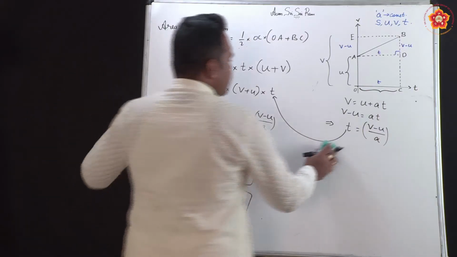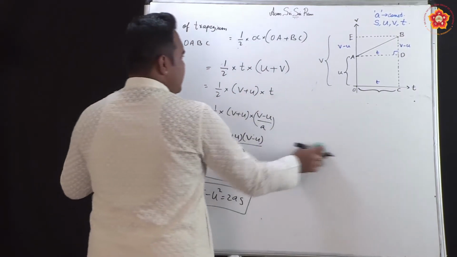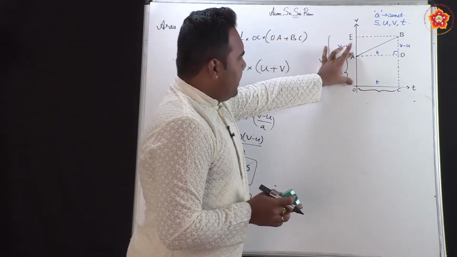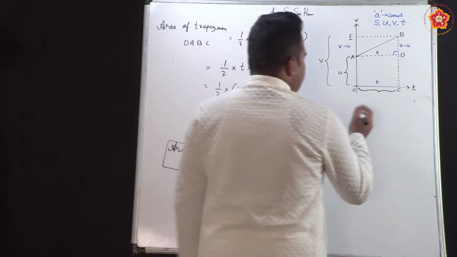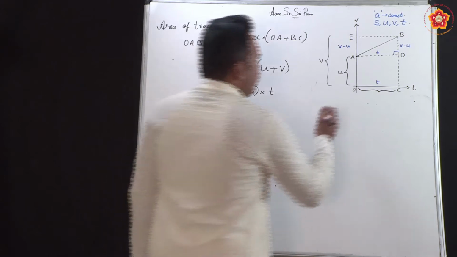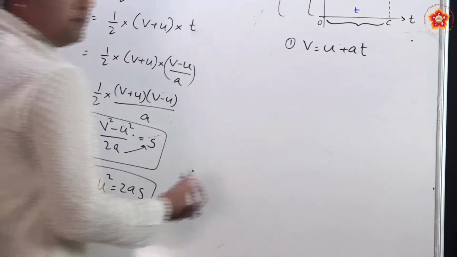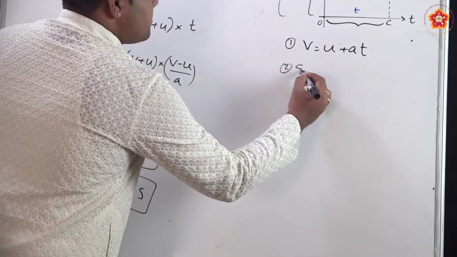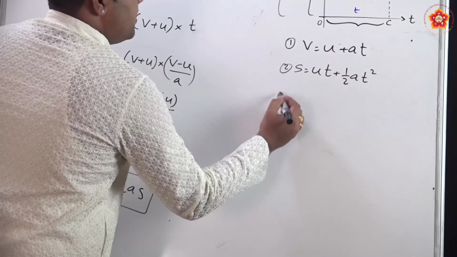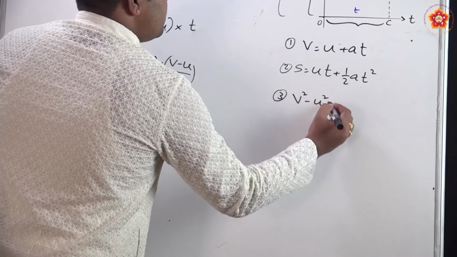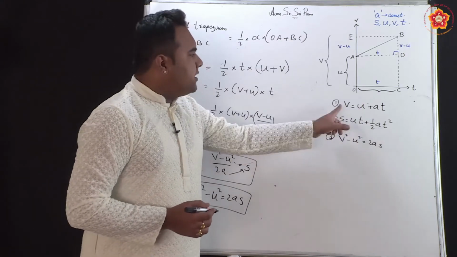So, we have seen, suppose a body is starting from rest and it is attaining initial velocity u, and after some time t it changes its velocity to v because of a constant acceleration a, and if s denotes the distance covered, we have all the three equations. The first one, v is equal to u plus at, second one, s is equal to ut plus half at square, third one, v square minus u square is equal to 2as. So, these are the three equations relating all the parameters.